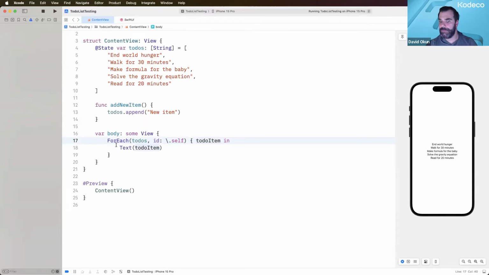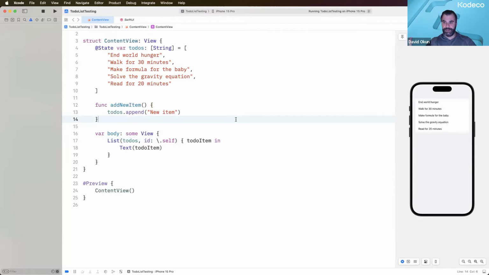Well, this is going to be our first example of using what the system gives you. Like them or not, Apple have spent a lot of time and a lot of resources and a lot of money on making tools that give people default behaviors that they expect in the operating system. And one of those tools that exists in SwiftUI is something called a List. So if I select this ForEach, and I just change ForEach to List and leave it alone,